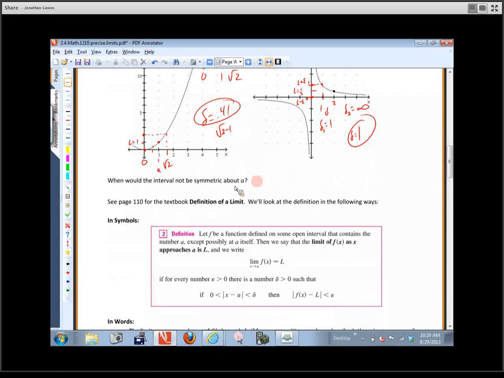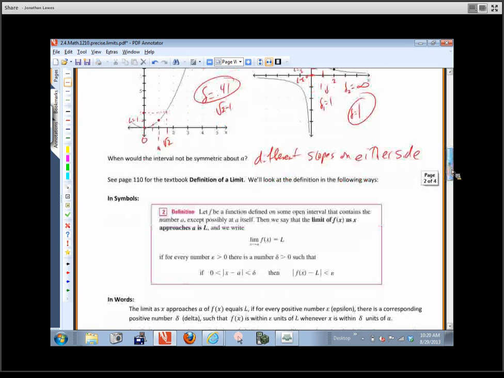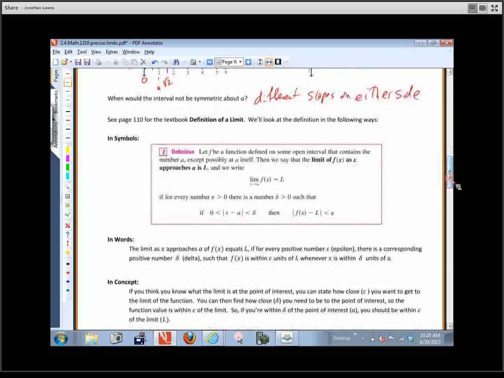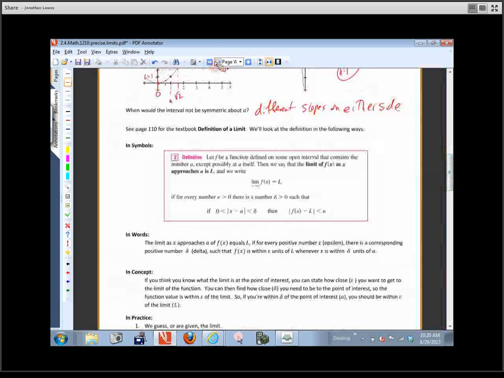When we have different steepnesses or slopes on either side. Okay, that's one. Okay, now you can sit back and relax just a little bit because on the bottom part